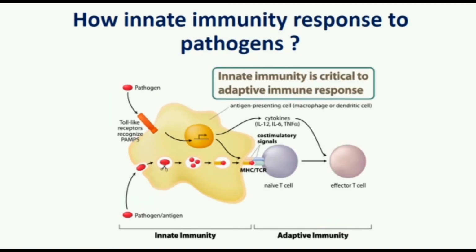Under this subtopic, we will discuss how innate immunity responds to pathogens. First, pathogens enter our body by crossing epithelial barriers. After they enter our body, our innate arm is activated. After they enter the subepithelial tissues, antigen presenting cells like dendritic cells and macrophages, and also other cells, recognize these pathogens and respond to them by secreting different cytokines. Two of these cytokines, interleukin 1 and TNF, can act on the endothelium of venules near the site of infection and induce the activation of leukocytes, migration to tissues, and activation of the adaptive arm.